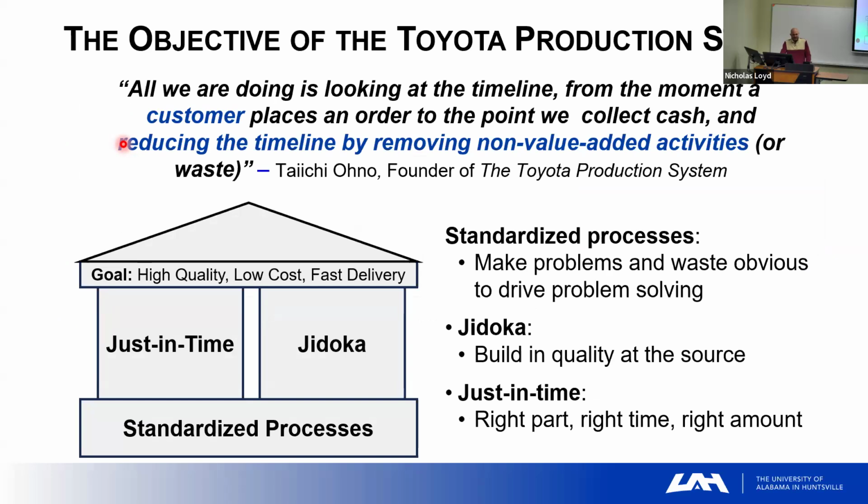But Taiichi Ohno in the book Toyota Production System said, we're not really doing anything secret over here on the island. All we are trying to do is reduce the time from the time a customer places an order to the time they get it and we get paid for it, by shortening that time down by removing non-value added steps or waste. And so the whole Toyota system, which became known as Lean, is based on three fundamental principles: